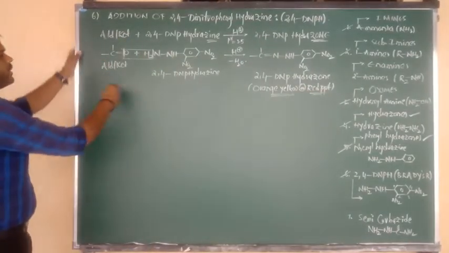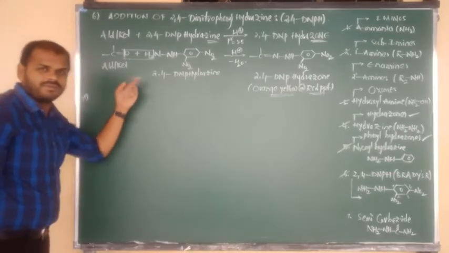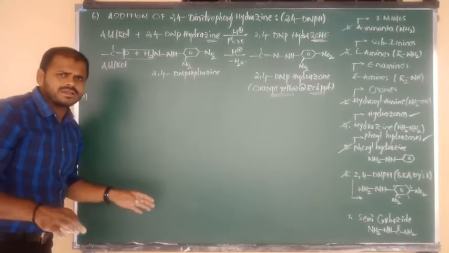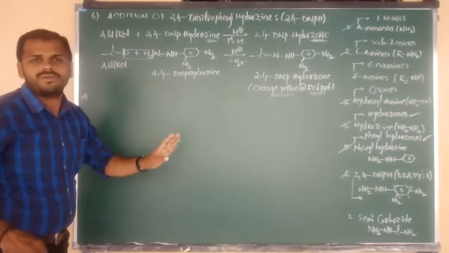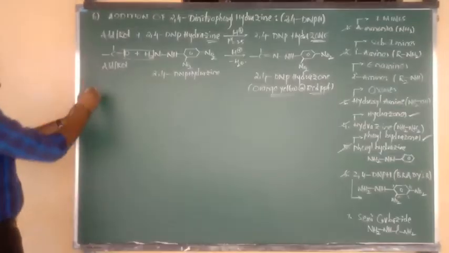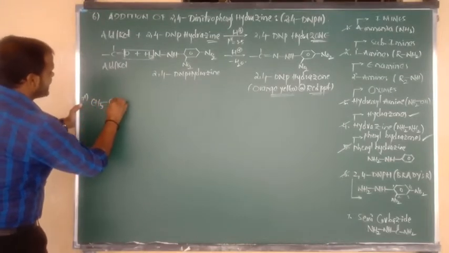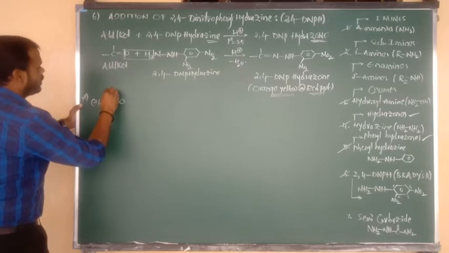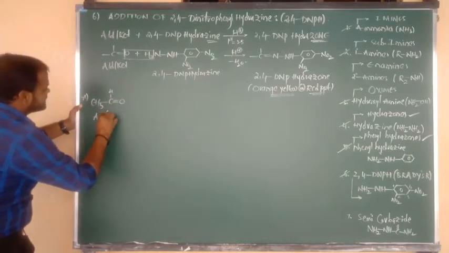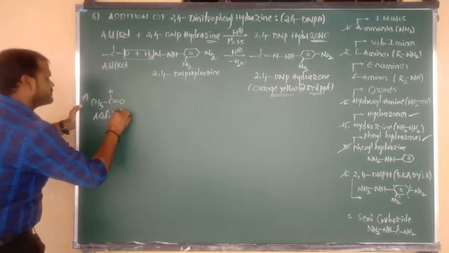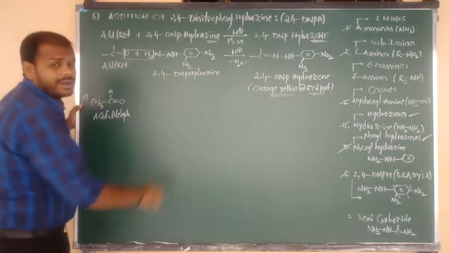Okay, good. So now again here I am going to show you 2 examples, one from aldehyde, one more from ketone. Not only 2 examples, formaldehyde, benzaldehyde, all you can consider, but from 2 categories, 2 different examples I am going to give you. So one from aldehyde, I am going to take acetaldehyde. CH3 bonded to C double bond O, connected to H. What is the name of this compound? Acetaldehyde. Acetaldehyde, upon addition with 2,4-DNPH.